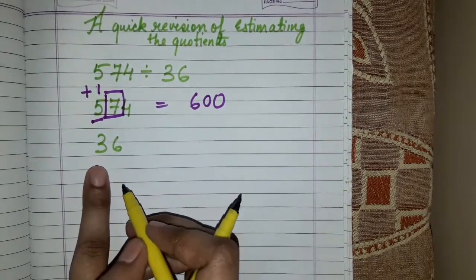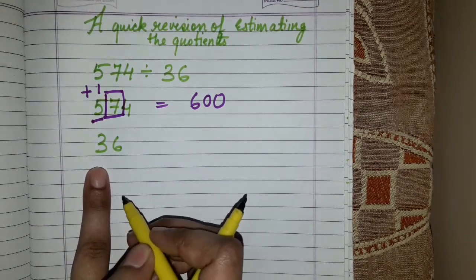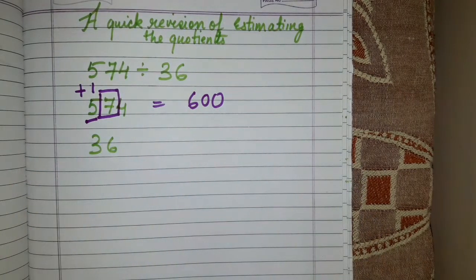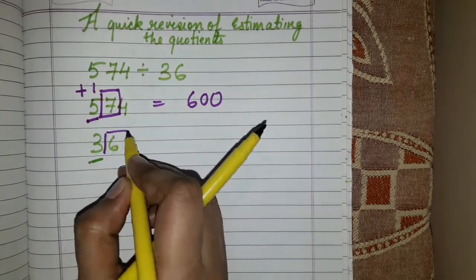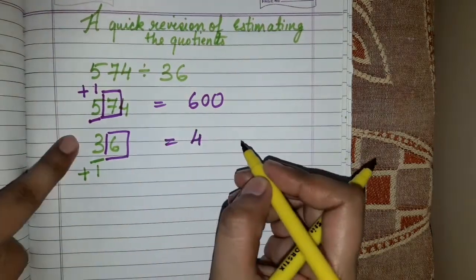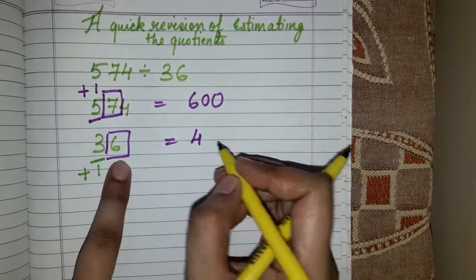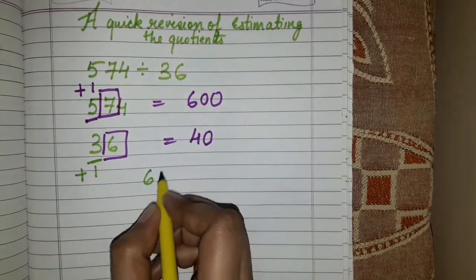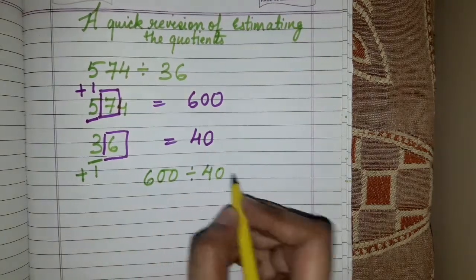Now suppose we have another number, that is 36. Let's round it off. Now no such instructions are given. You can see no such instructions are given in the copy also. So what I will do, I will round off to the nearest tens place. I will look at the digit on the right hand side. The digit is 6. It is more than 5. So it will give plus 1 to the digit on the place value. So 3 plus 1 will give you 4, and this will become 0. So the two new numbers formed are 600 and 40.